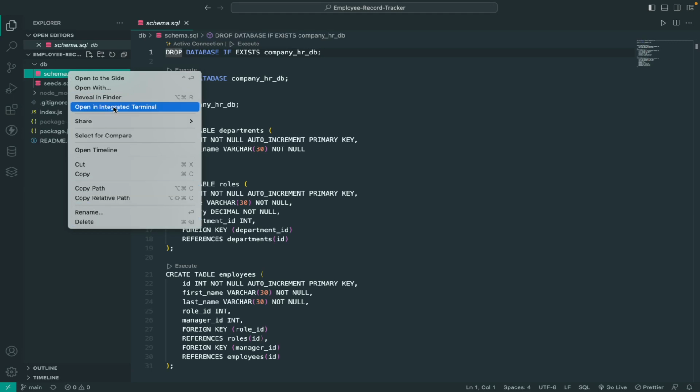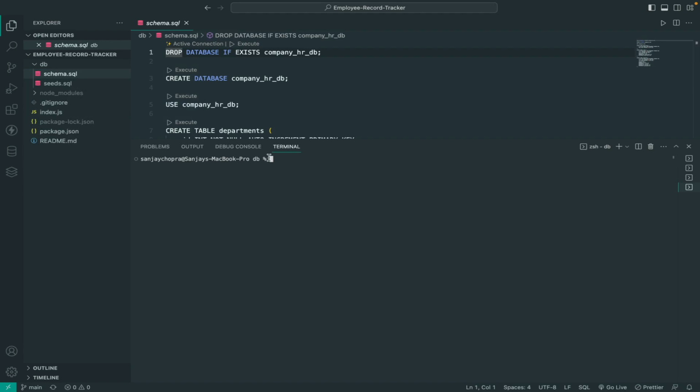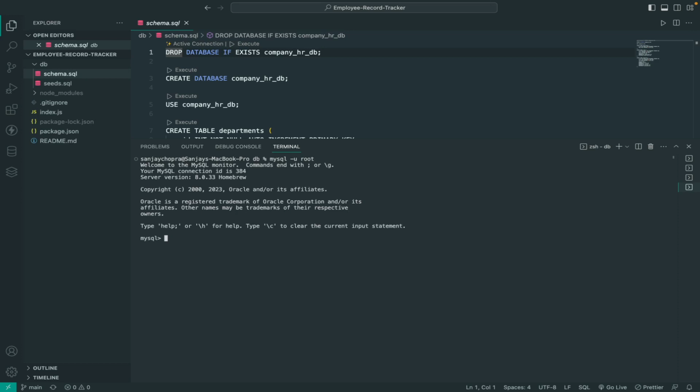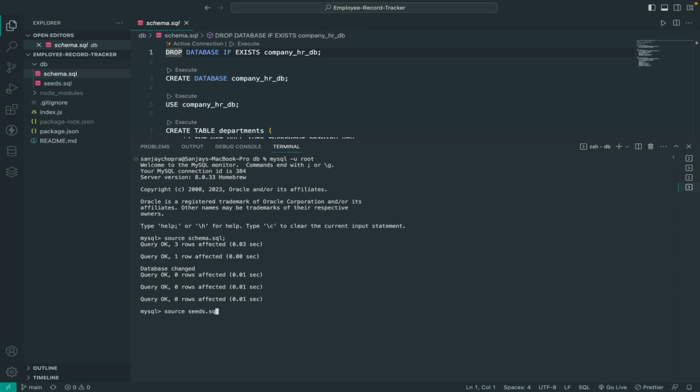If I open this in the integrated terminal and connect to MySQL, now I can use the schema.sql as a source to create the database. And then I will use the seeds.sql file to seed the data